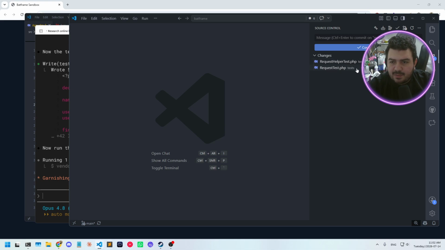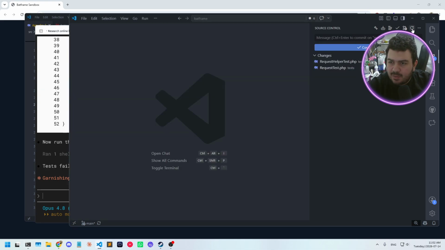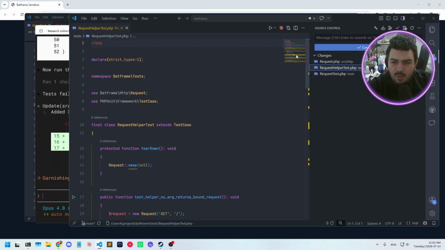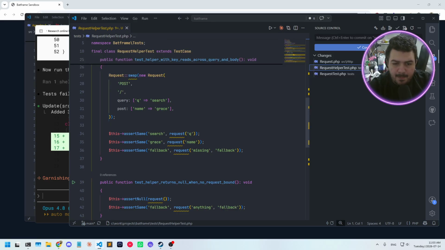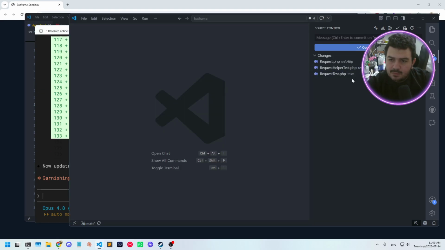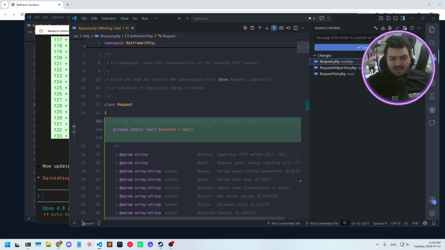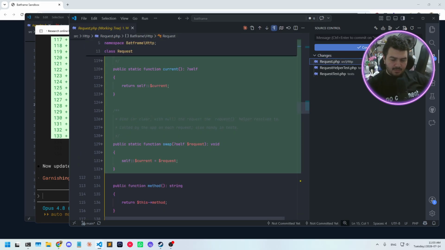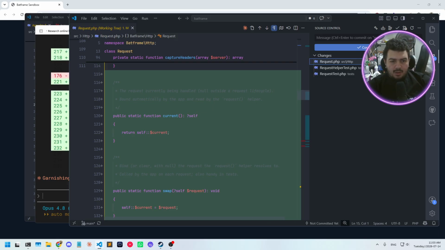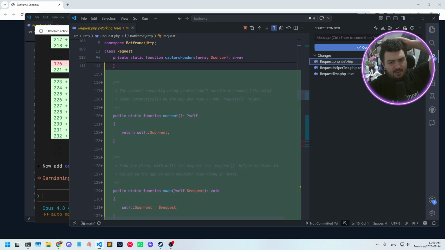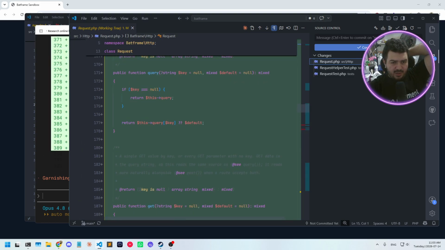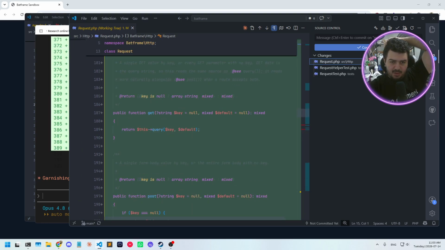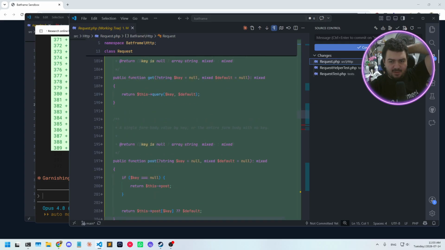Okay, so it looks like we do have some files already popping in. I'm not sure why they are only tests, but we'll see. Looks like it began with tests, which is funny. So right here, the request currently being handled, null outside the request lifecycle, bound automatically by the app. So right here, we are adding a bunch of helper functions or helper methods that we're going to call on the